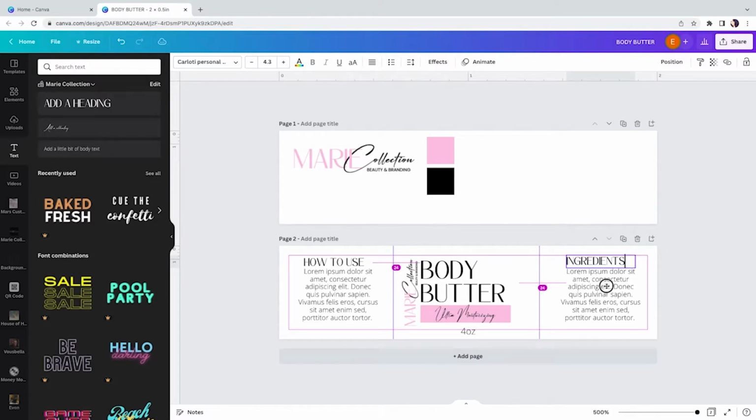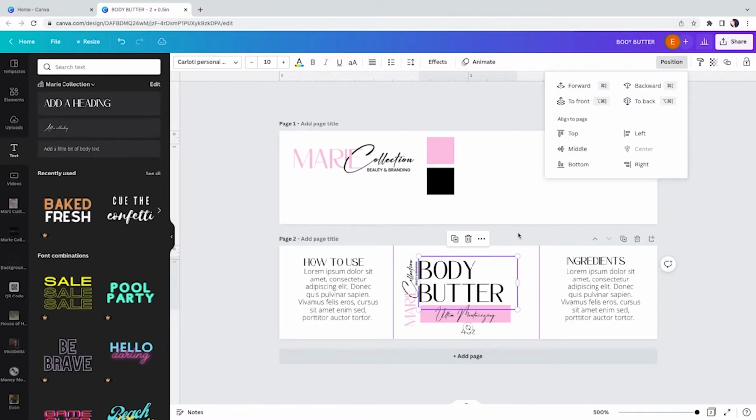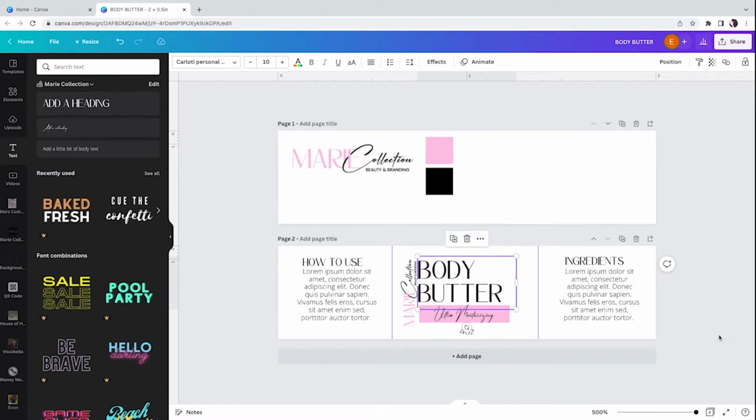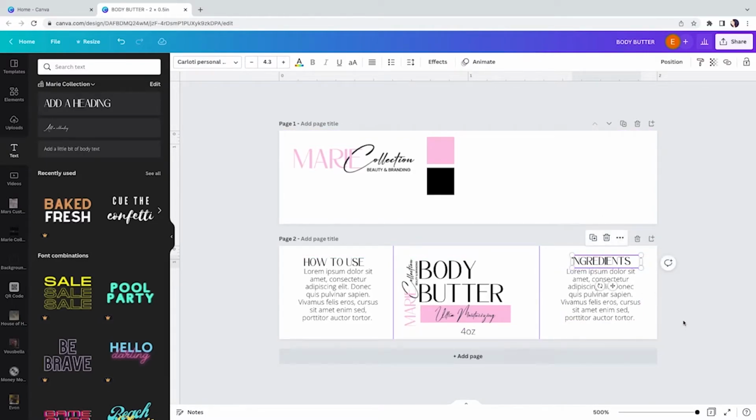Okay, I messed up something. I think I'm going to move this over just a tad so it'll be centered. Okay. There we go. And then dummy text here, but this is where you would put the ingredients in your